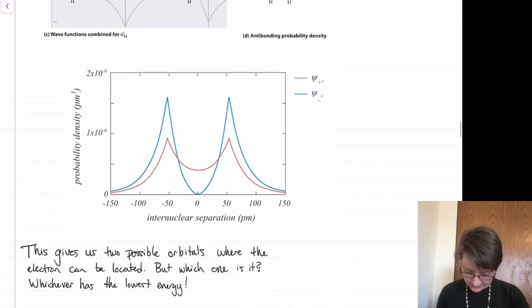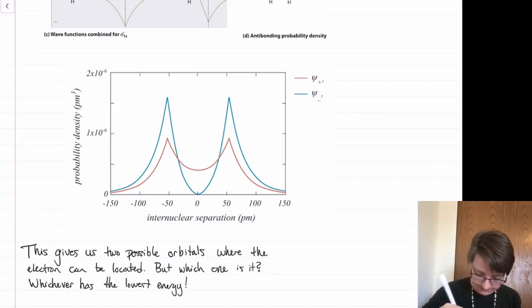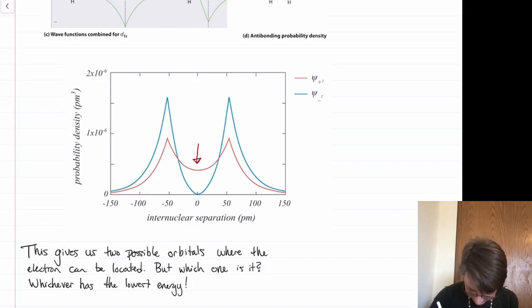And so sometimes it's helpful to have our two graphs for our probability density, psi squared, shown for both the bonding and the antibonding orbital. And I like this superimposed graph because it shows really clearly that in the two wave functions, our bonding orbital, shown in red, has a very high chance of finding the electron in the internuclear region,